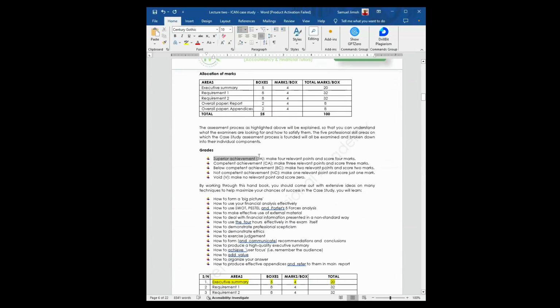I said that we have 5 grades: the superior achievement, the competent achievement, the below competent achievement, not competent achievement, and void. So the superior achievement is 4 marks,